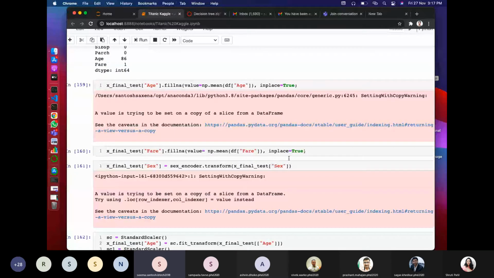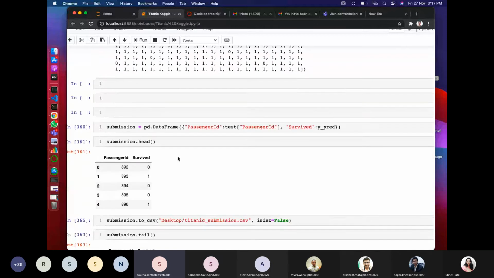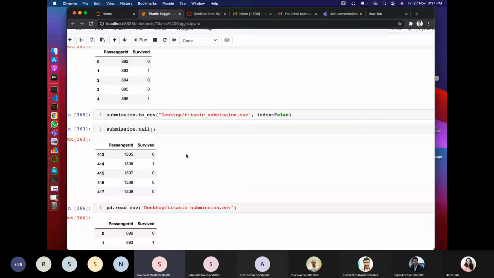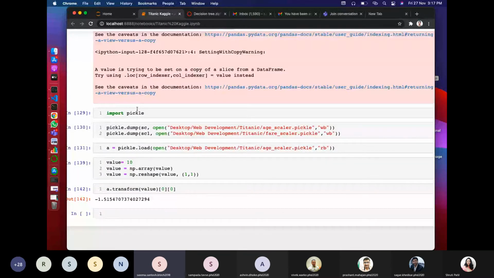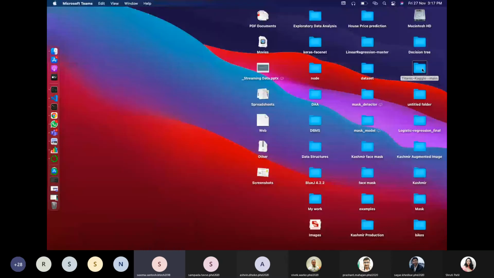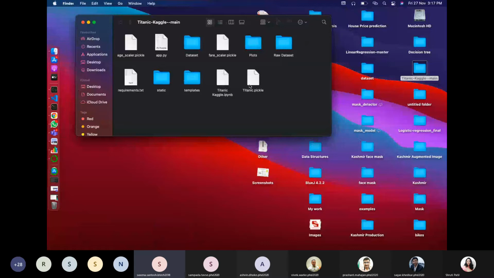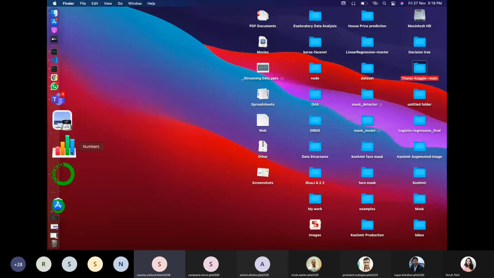What I will do further is save this model with the help of Pickle. Our model which has the highest accuracy will be saved like this. As you can see, the Pickle library is called and I save this model as a file. It will be available here. Look, Titanic.pickle. This is our AI model, and we can load it into whichever application we want. Let me show you a demo. I have loaded this model in a web application.